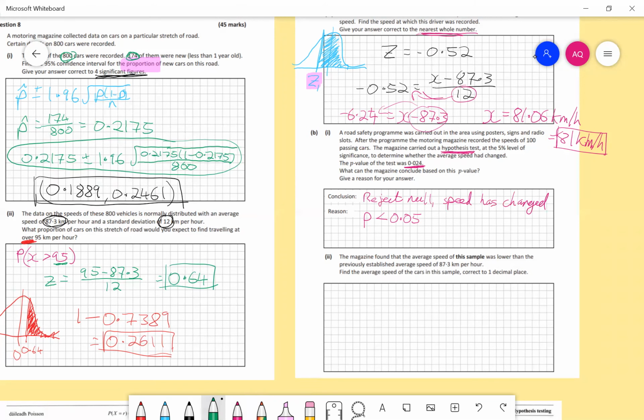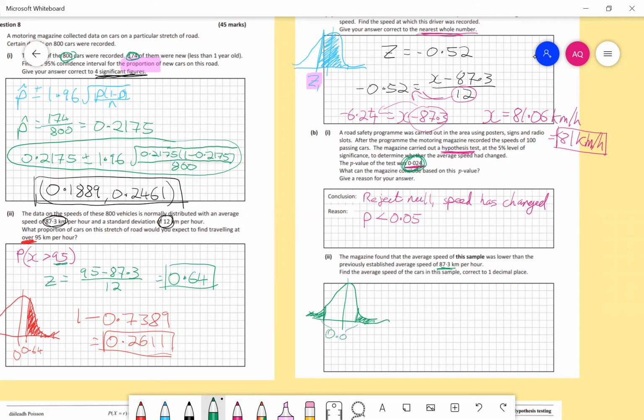So it says here they found that the average speed of this sample was lower than the previously established average speed of 87.3. Find the average speed correct to one decimal place. So we need to work backwards from our p-value here. So remember that whenever we look at our distribution, if we have a test statistic which is outside of minus 1.96 or plus 1.96, we'd be rejecting the null, but the p-value would always just be the area of these two bits here and here. So they would have to total up to